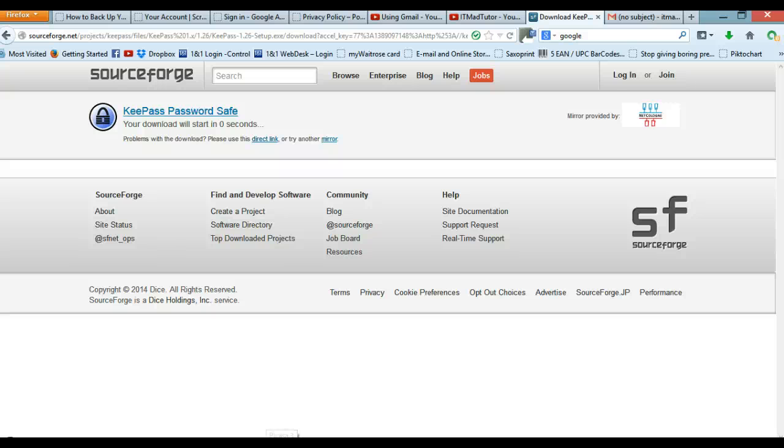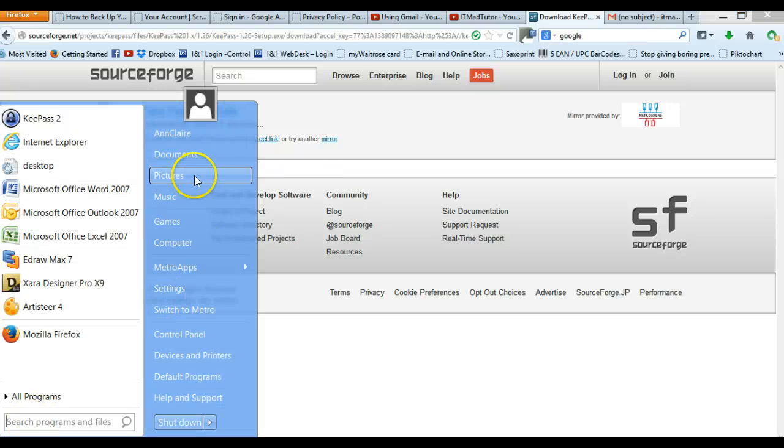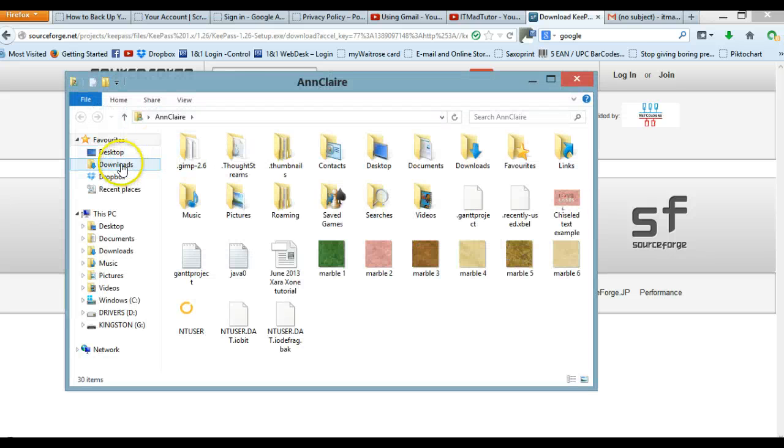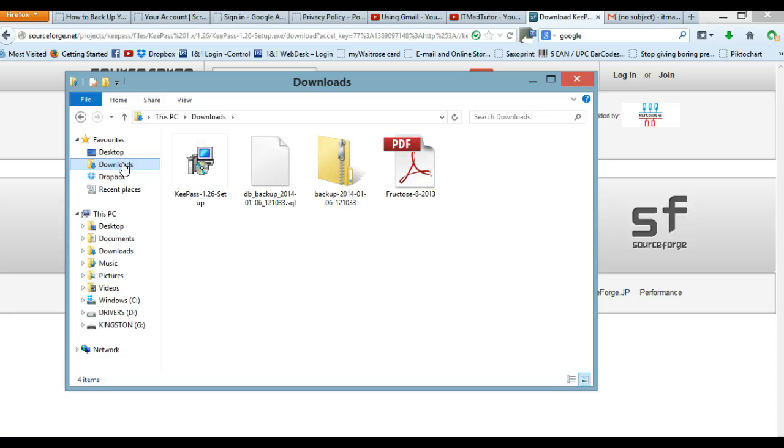downloads folder. So what I'm going to do is go to my start button, and go to my folder here and go to my downloads. So I'm going to click on downloads. And there we are. So this is the KeePass setup, and what I'm going to do is run through how to install it. So we click on that,